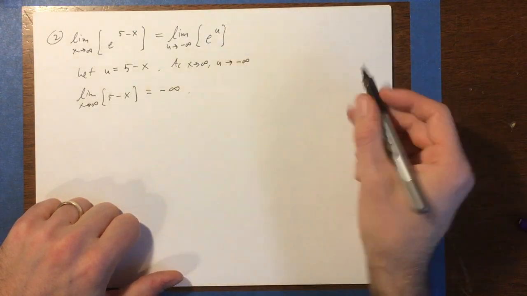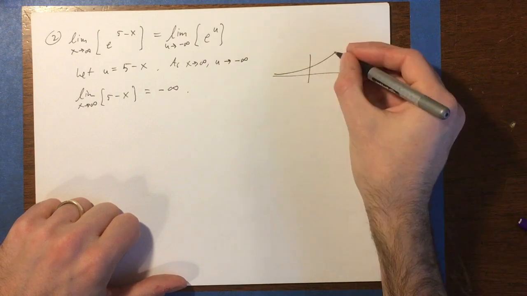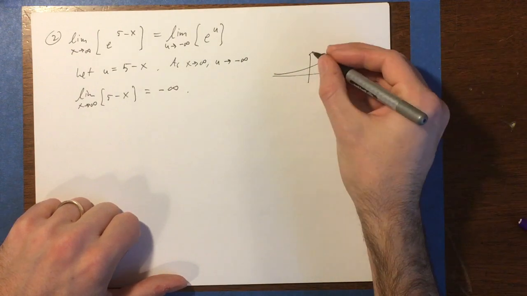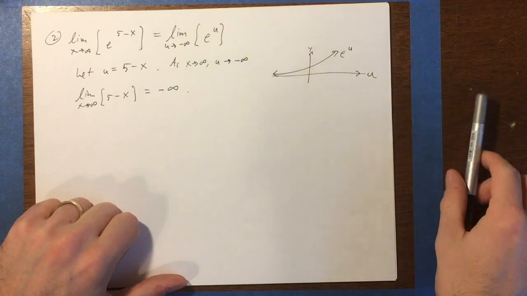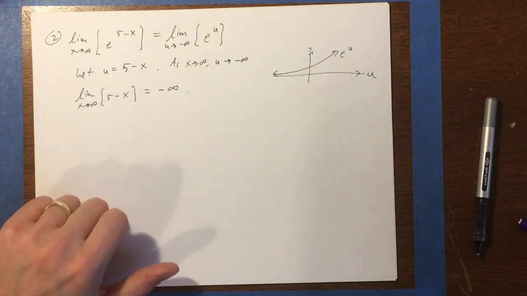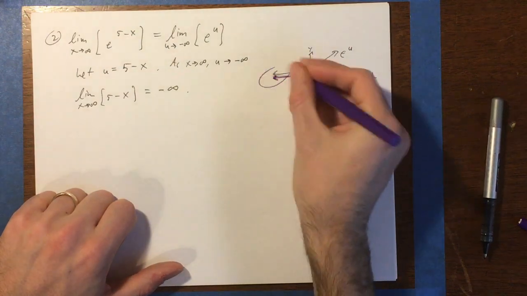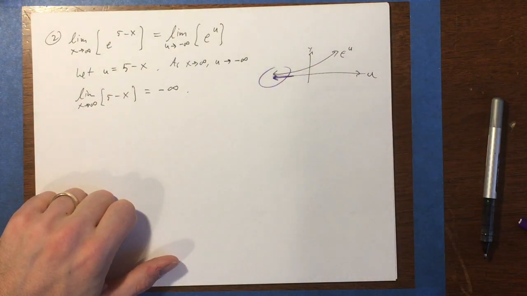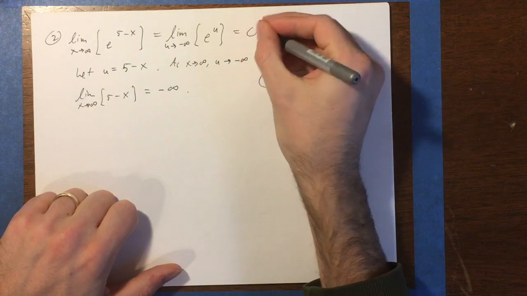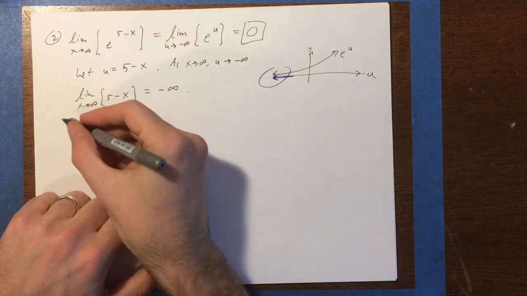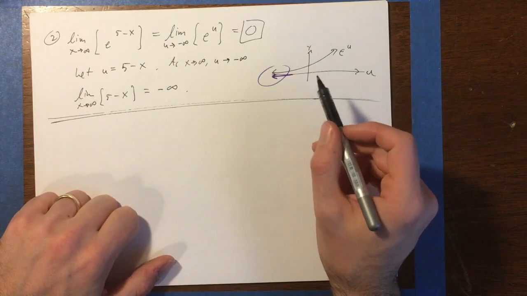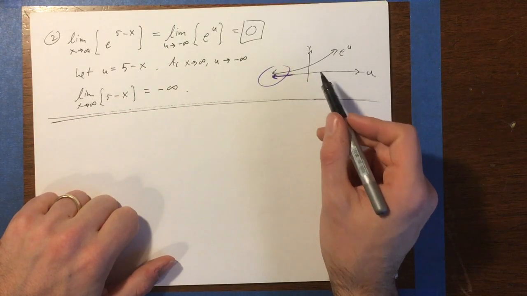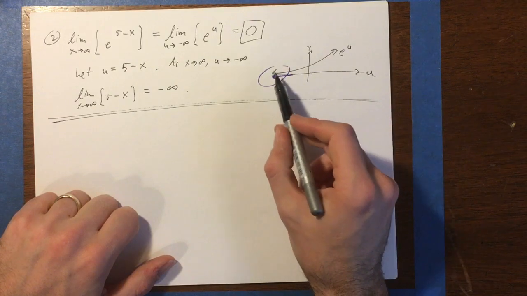And you may recall e to the power u, if we think of this as the u-axis and this as our y-axis, e to the power u is this function, and as u approaches negative infinity over here, we have it approaching 0, right? So this limit equals 0. I can't stress strongly enough how important it is to have this picture